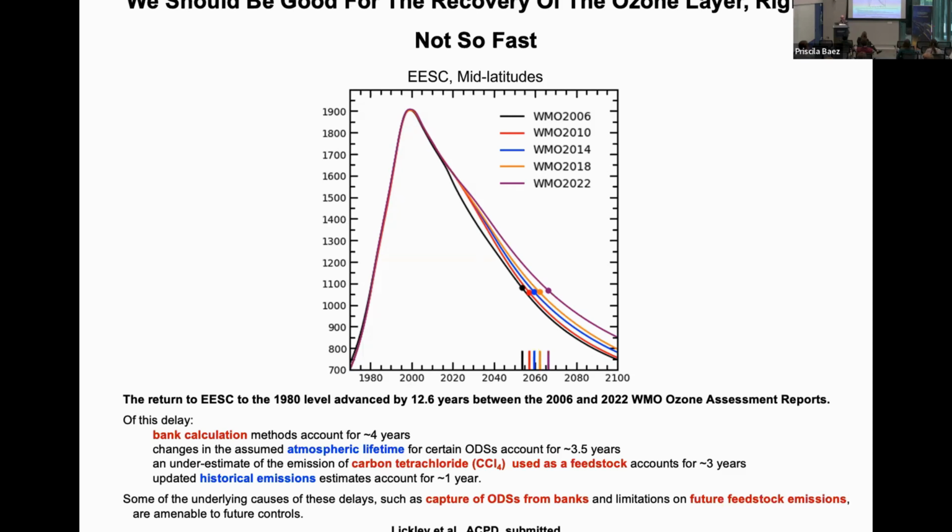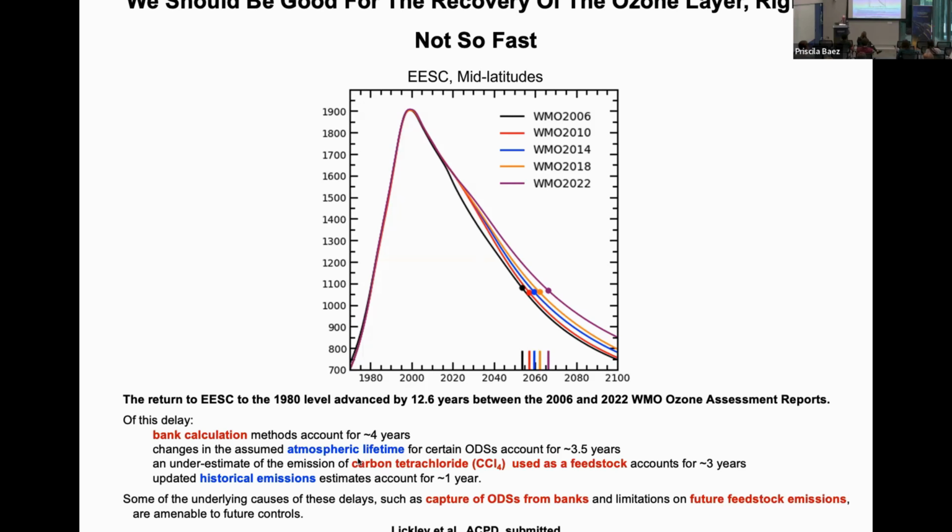Another issue is recovery, and this is a hard one, recovery of CFCs that were used as insulation and foams when buildings from the 70s are torn down. The wrecking ball comes and everything in the foam just gets released to the atmosphere. But nonetheless, there could be an aggressive way to go after this.